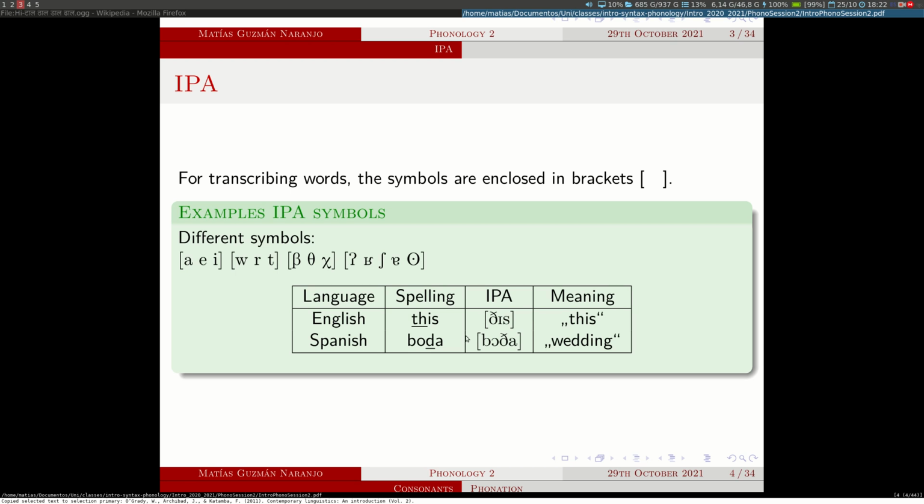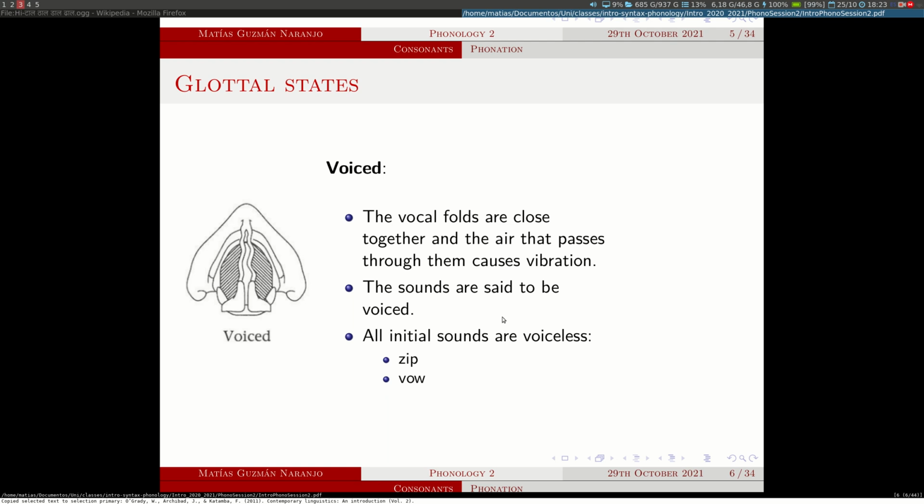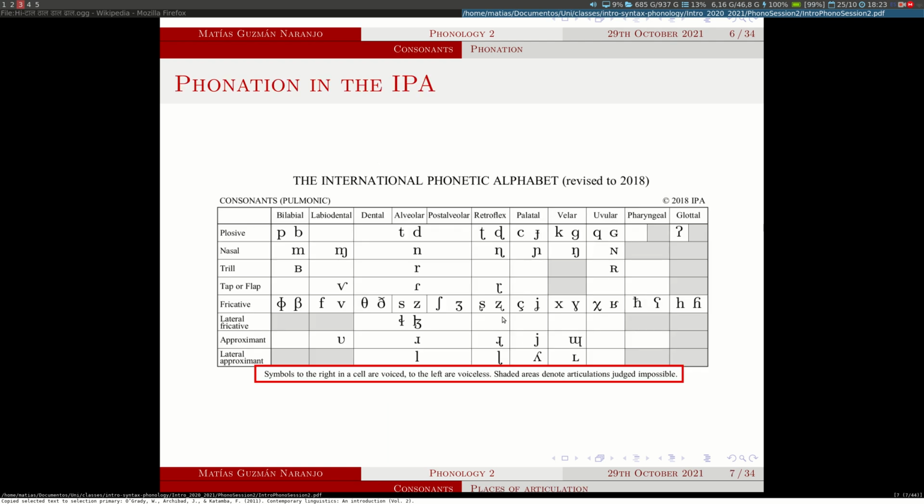And you can see here, for example, Spanish and English share the same symbol, the difference being that in Spanish, as I mentioned, this is not a distinct phoneme, it's just a realization of one phoneme. While in English, this, which is this th sound, is in fact a phoneme. So remember, the most important distinction we had was voiceless versus voiced. If you remember the symbol from the last video, this is also present in the structure of pulmonic consonants. So we will focus first on pulmonic consonants, and then other types of